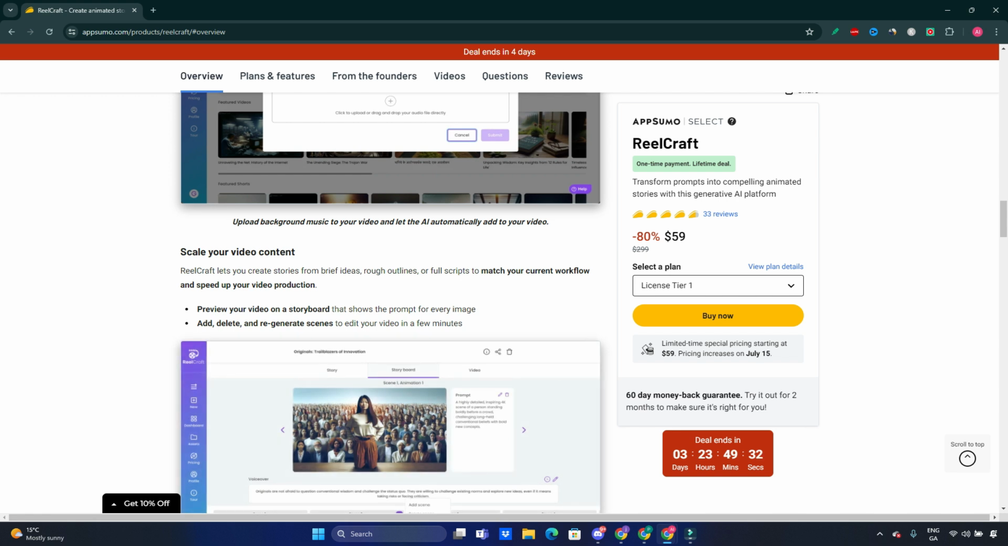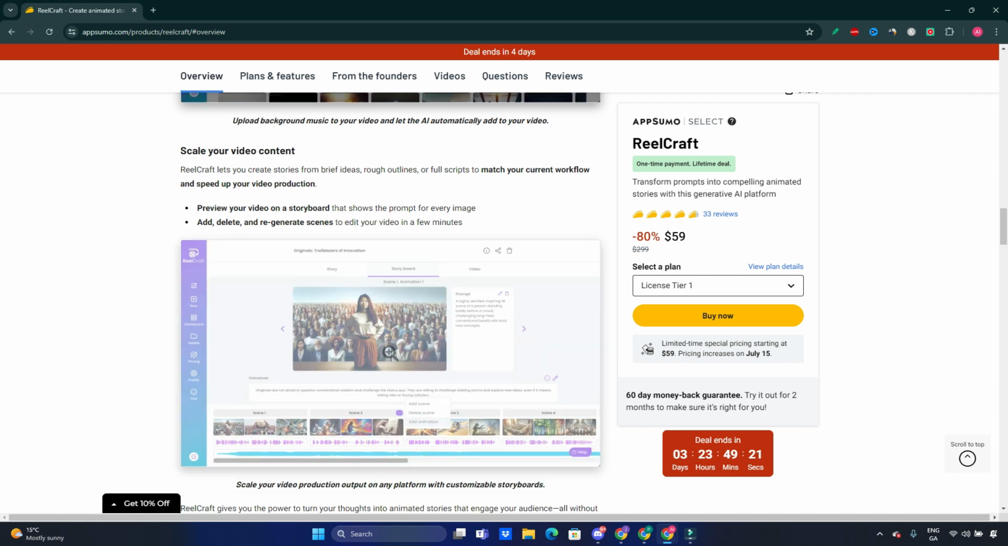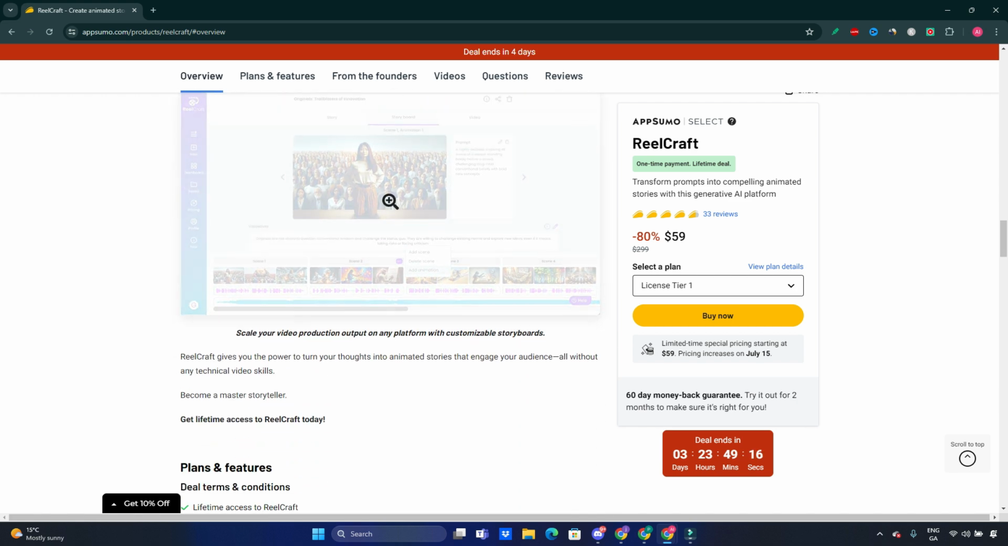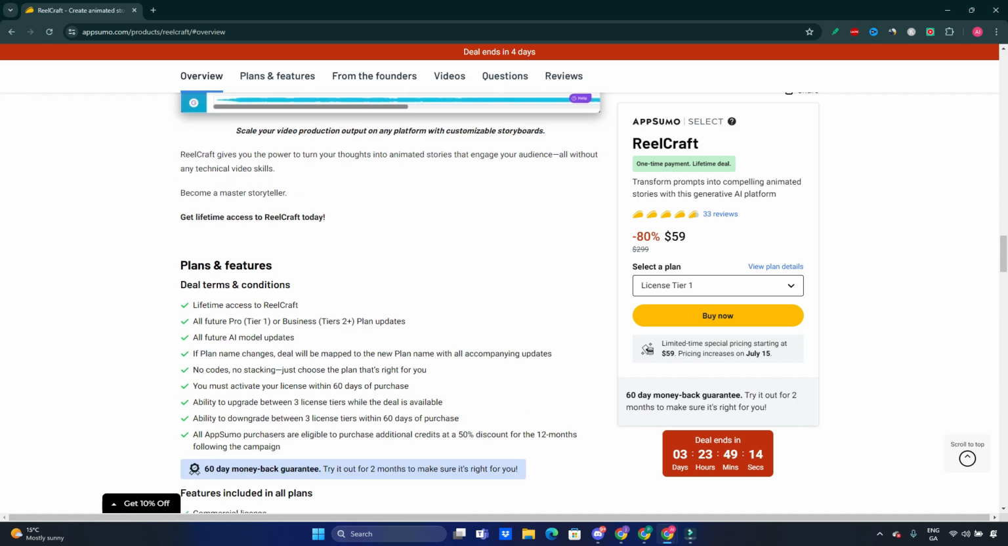Scale your video content. Reelcraft lets you create stories from brief ideas, rough outlines, or full scripts to match your current workflows and speed up your video production. So you can preview your video on the storyboard, and add, delete, and regenerate scenes. Full customization is available here. Now,